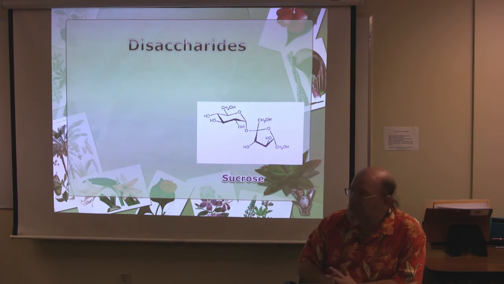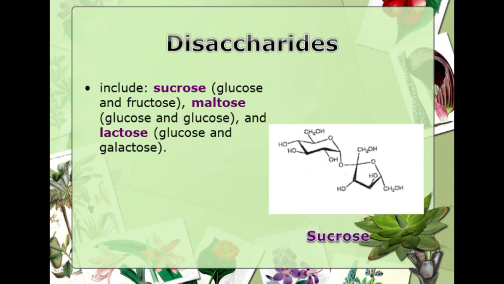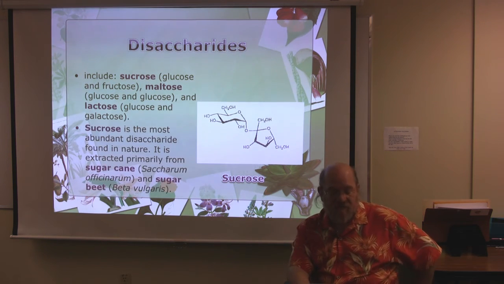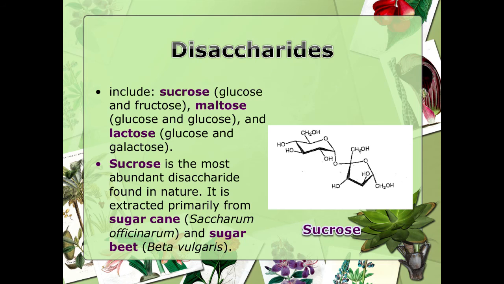Disaccharides, we have two sugars together. In this case, we have the glucose and the fructose together. But besides sucrose, where the glucose and the fructose make sucrose, you can have maltose, which is glucose-glucose. You can have lactose, milk sugar, which is glucose-galactose. And various of these disaccharides will have different functions. For the most part, though, the disaccharide we consume is sucrose.